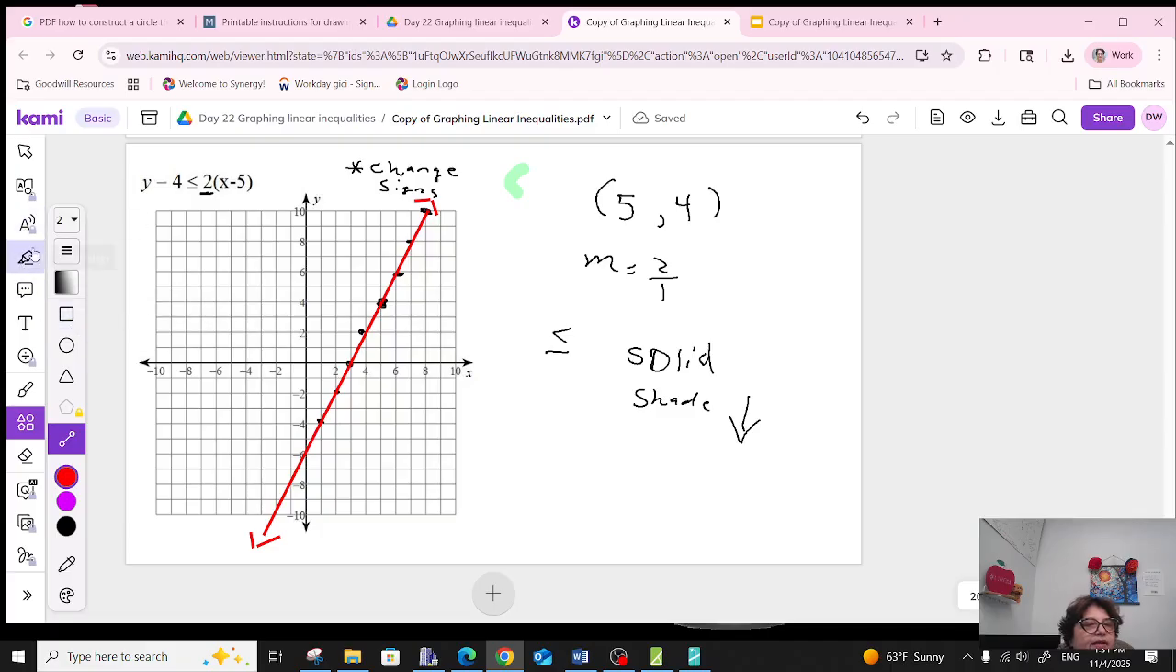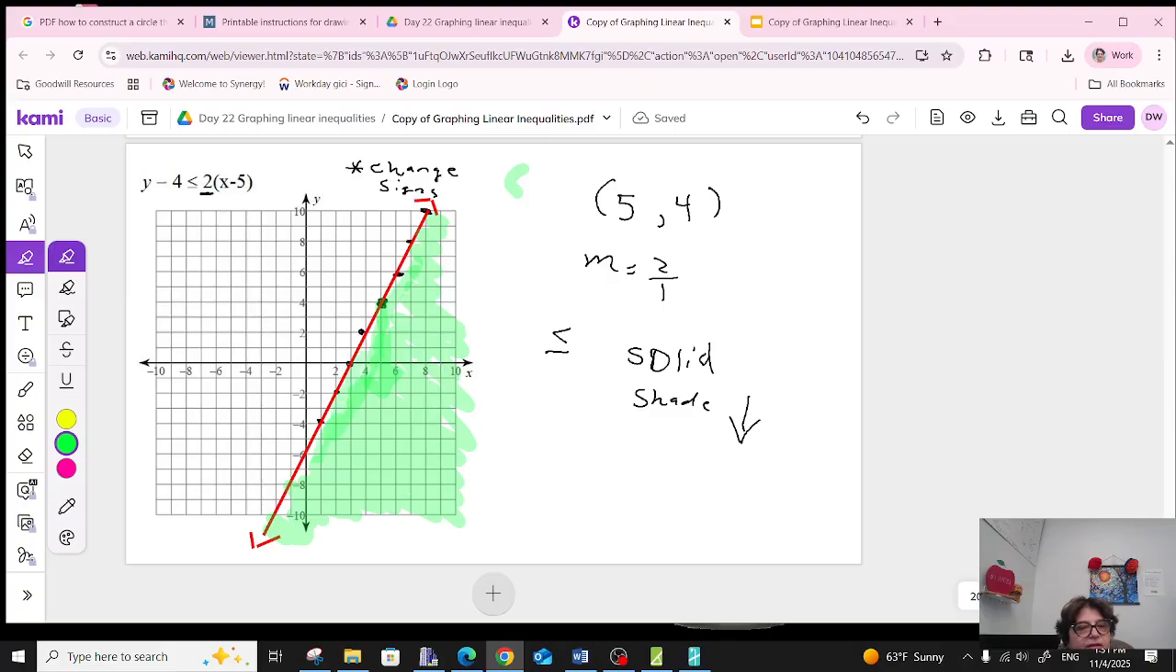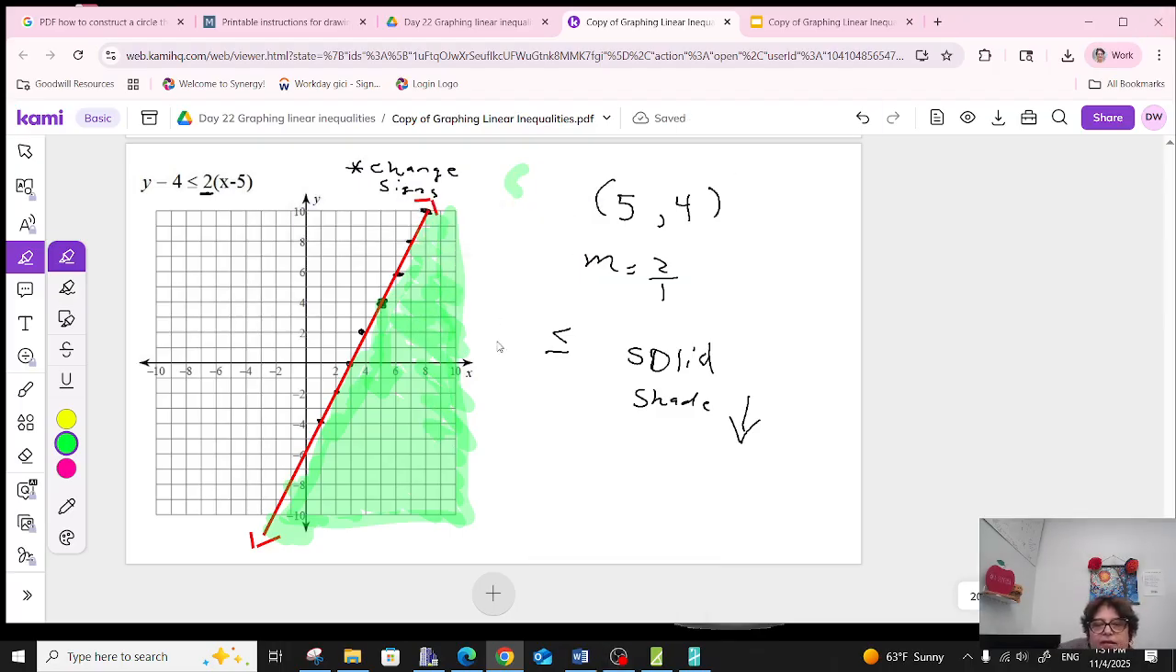I said down. Now to check, if you get confused on which way's up and which way's down, put your finger on the line and draw an arrow down. And so this is the side I would shade. Which means I include all points that are shaded. Every single one that's in the green will work. Anything on this side will not work to make this true. Okay? Okay, let me go ahead and